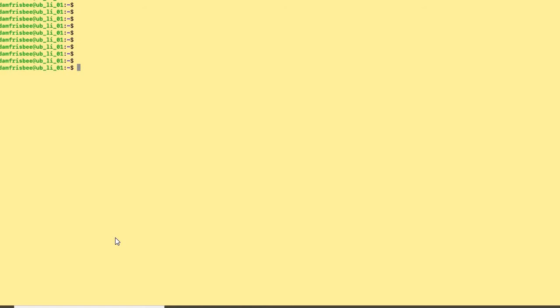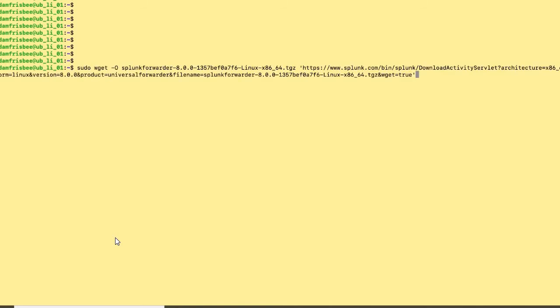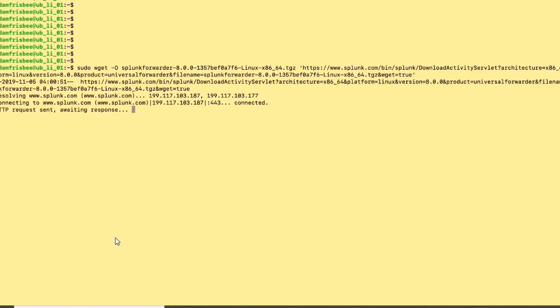Type sudo. Initially when we are starting with Linux, you have to type sudo, and you have to paste the wget command. It will start downloading, right? So let me do that. I will give sudo, and then I will paste that link. As usual, this is the process we will be following from here. The link which I have copied, I have pasted here, and now I'm continuing with the process.